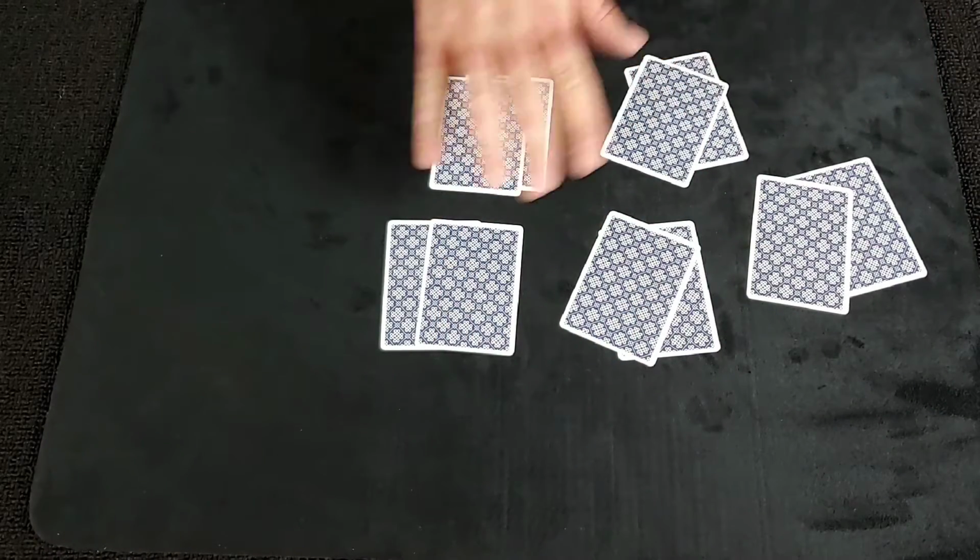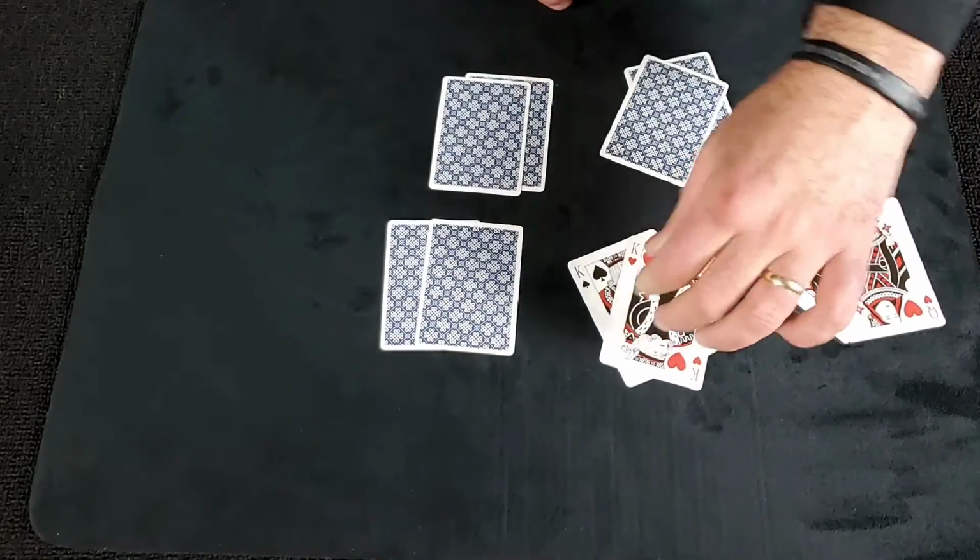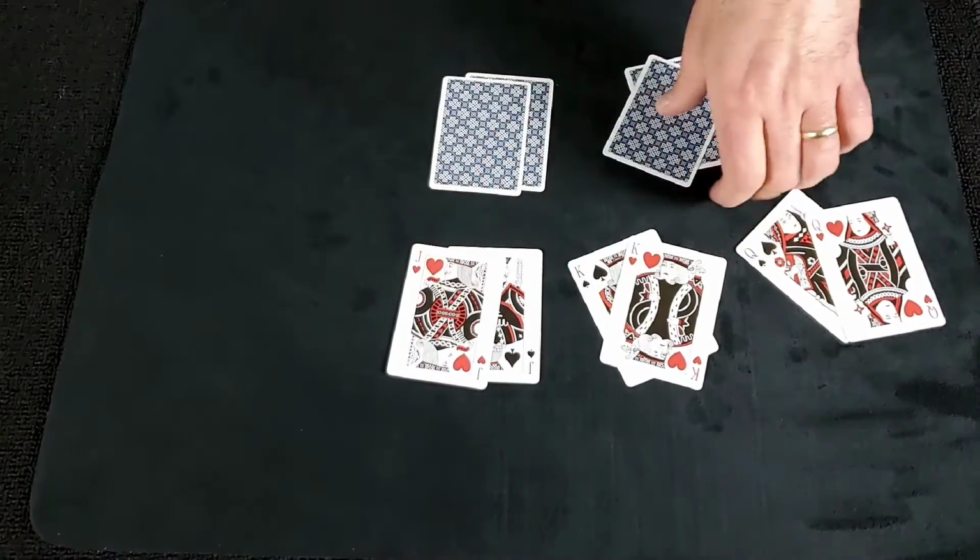Somehow, after all of that mixing, every pair comes together